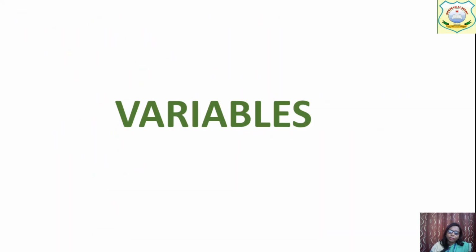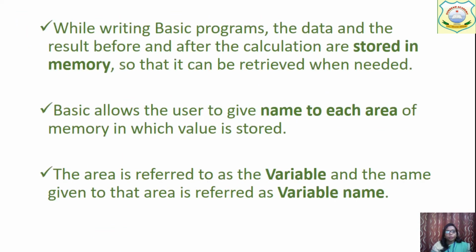Now we have variables. What are variables? The name shows its values change. In short, we can define it as a named memory location. Just remember this line. What is a variable? You will use this concept in every computer programming language you study. Okay, what is a variable? A variable is a named memory location.